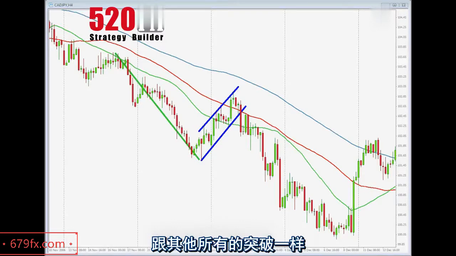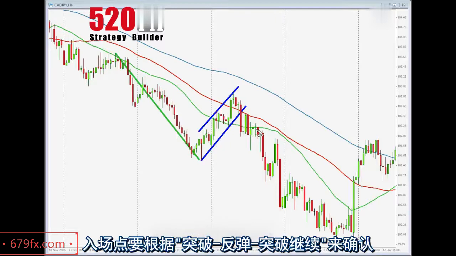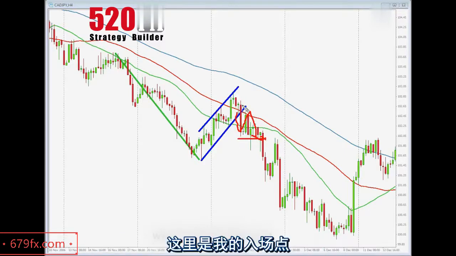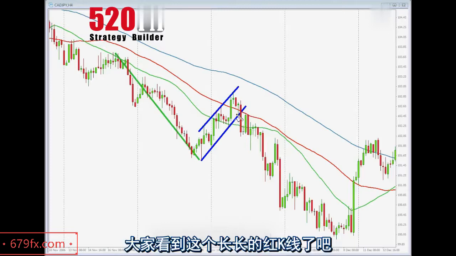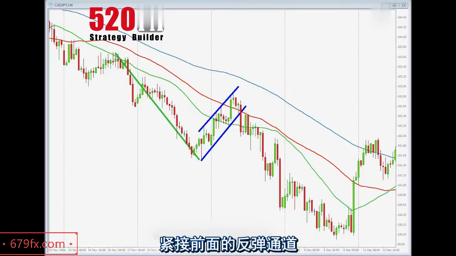Like any other type of breakout, the entry in itself will be given by the breakout, pullback, continuation pattern. This being my entry, this being my stop loss, and well, as you can see, price is nicely riding for a new swing to the downside. Once again, breakout in momentum. You see this breakout long red bar down there,